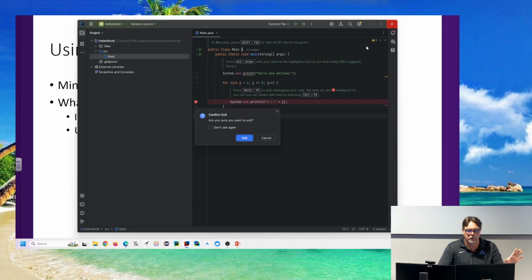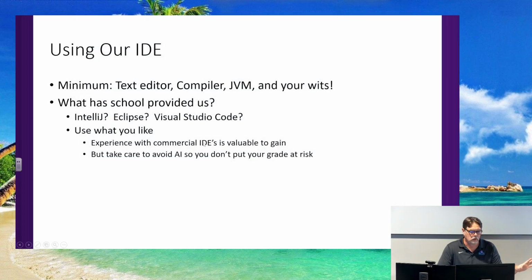Okay, so I'm not going to save this. We'll come back to stuff like that. Yeah, so here's what I'll say, editorial. Gaining experience with one or more of these commercial IDEs is of benefit to you. That's one of the reasons why we lobbied to get these IDEs installed on the computers here. Because having familiarity with the tool, and then you go in for an interview for a job, and you say, oh yeah, we used IntelliJ, or we used Eclipse at my school, so I'm already familiar with that. That'll be a plus.